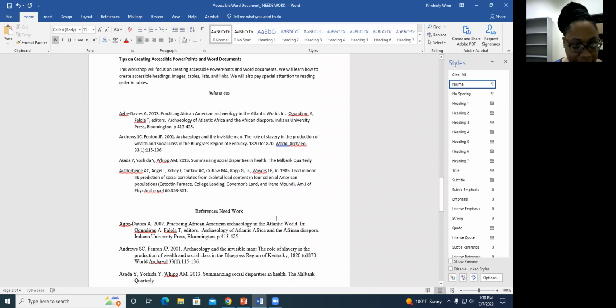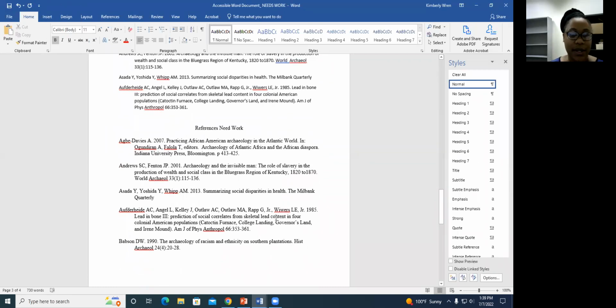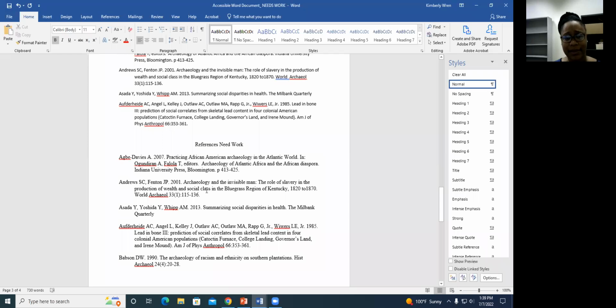First, I'm going to scroll down because we had a question last time about references. So this is, I can't remember which one this was. This is for my dissertation. I don't know what style I was using because it changes. So that was many years ago. So when you convert a Word document to PDFs, and this is going back to the last workshop that we did on accessible PDFs,